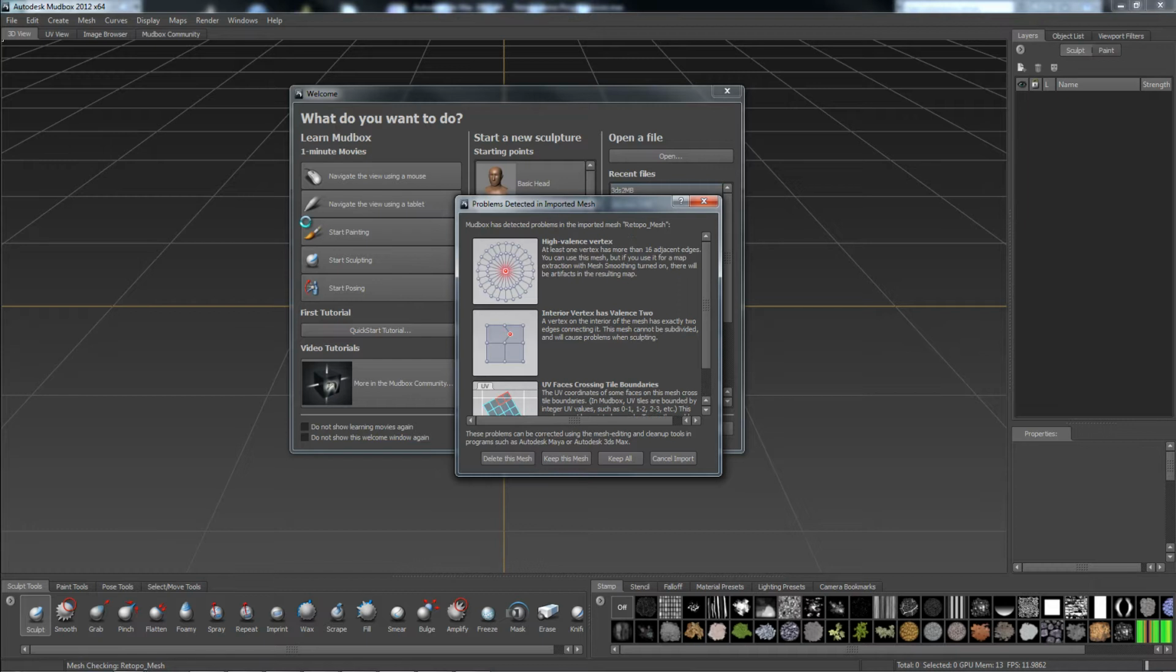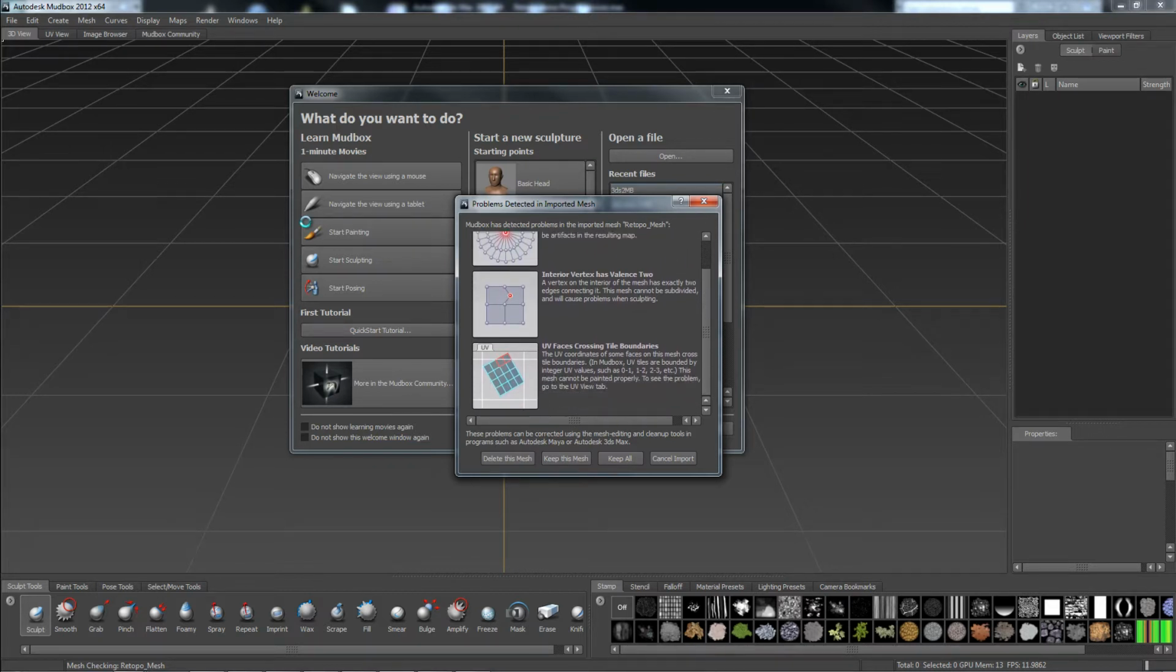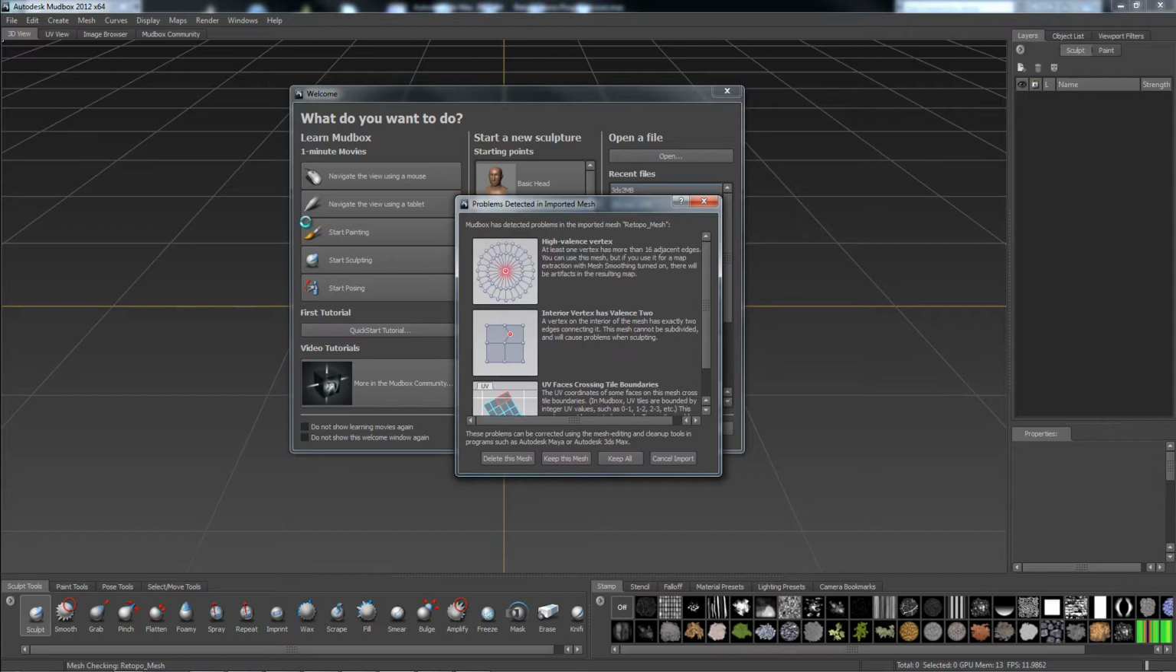So these are things that you may come across. There are definitely more errors that you can come across, but we'll see how we fix these particular errors, and hopefully that'll give you some insight on how to fix different errors that come up. So we'll keep this mesh,